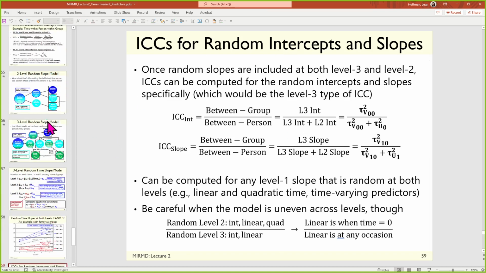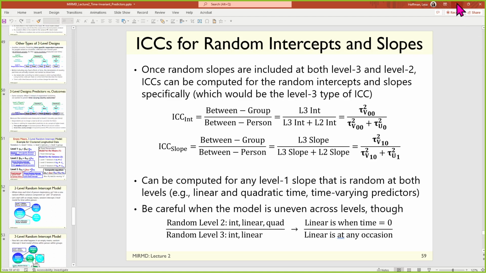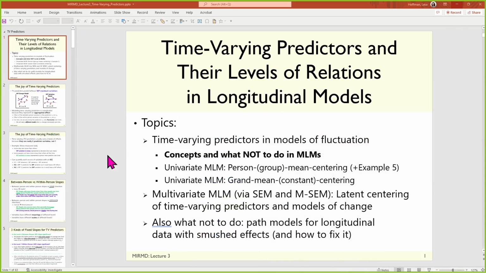Anywho. All right. Shall we jump into lecture 3 then? Does that sound like a plan? And we'll pick up the rest of lecture 2 likely tomorrow. I think it may fit better there because it's a 3-level day is what we'll have tomorrow. I've got lecture 3 open right here. Can everyone on Zoom see my screen? Just making sure. Okay, good. And everyone can see this screen, so that's good.